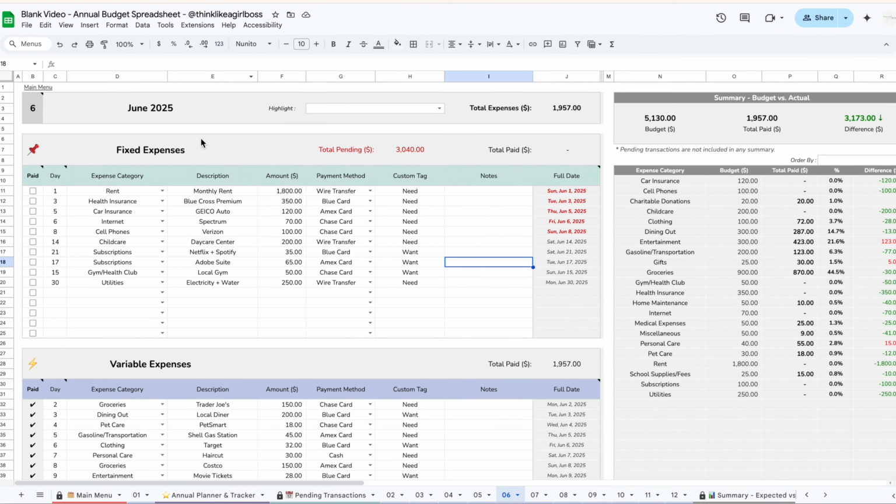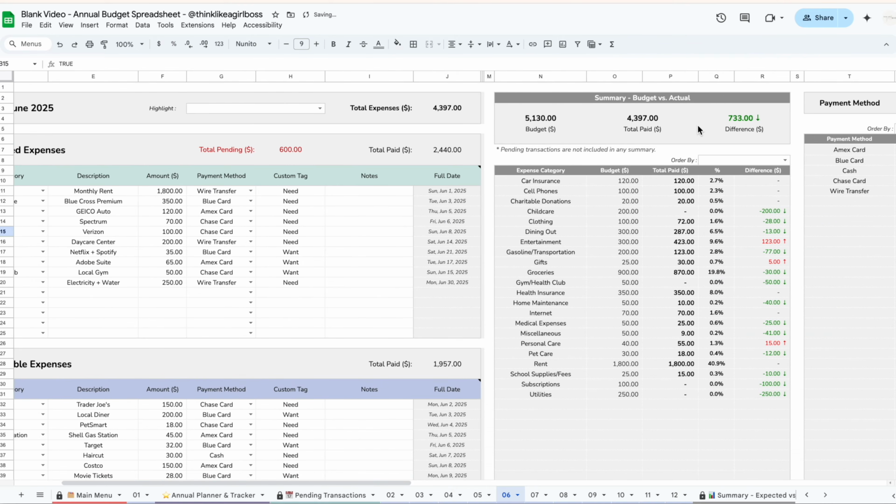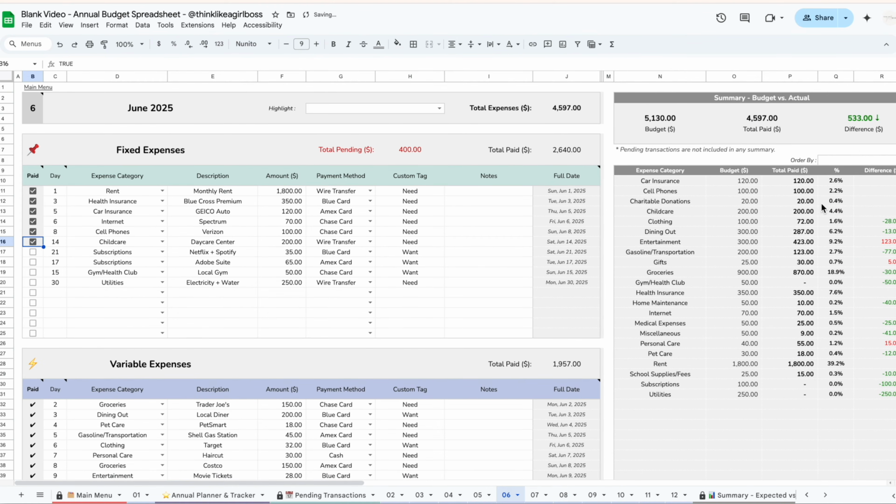So I switched to June 2025 because that's my current month. Today is June 12th. And the first thing you're going to notice is that some of these dates are highlighted in red. That's because these dates have already passed and I haven't checked the box. So I just highlighted those as a small reminder. As soon as I check the boxes, then the red highlight disappears. And you're going to notice that in this summary right here, my total paid amount is increasing with every checked